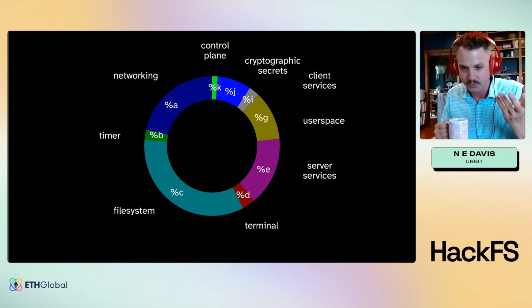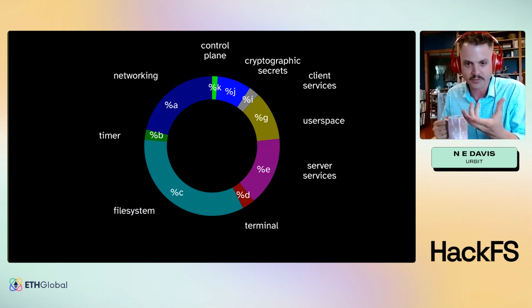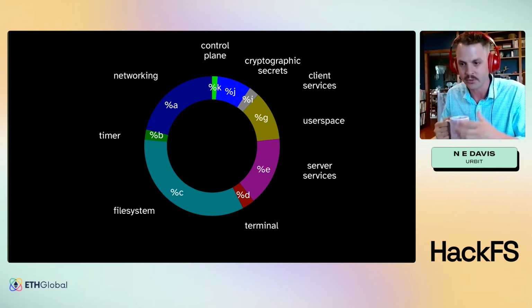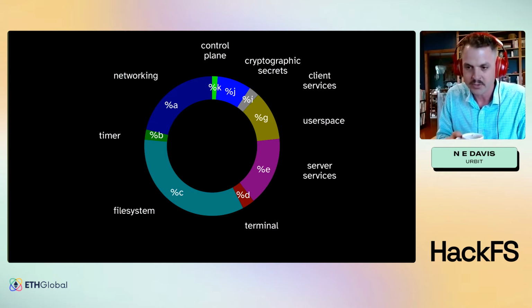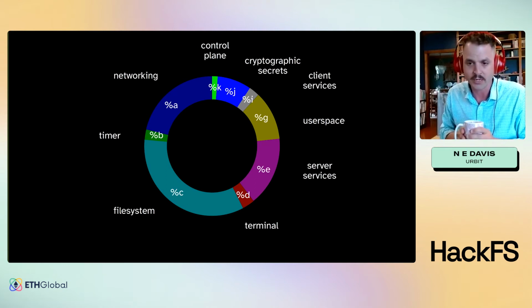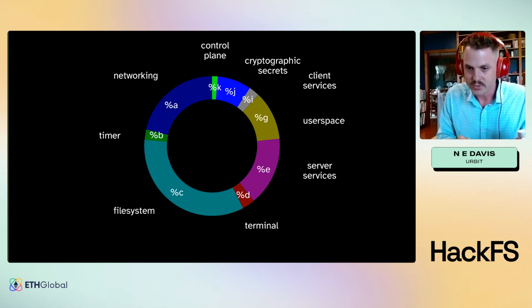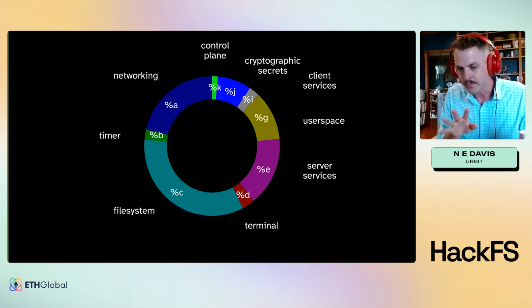The user space refers to the apps and having a standard interface the way you would for a .NET or a Chrome extension. There's some cryptography. There's some various tools for doing that. Most of them are architected towards Urbit ID, but there's some other cryptographic primitives that you can use as well. So largely that's what this is built around.